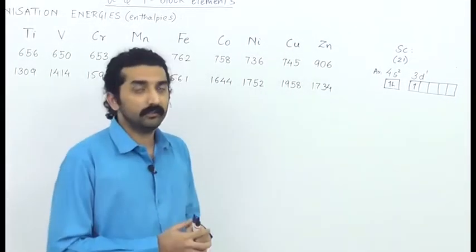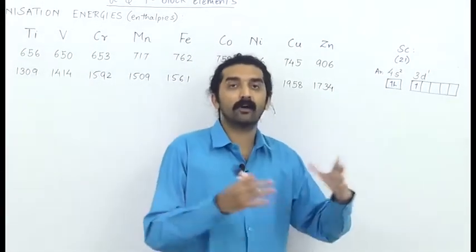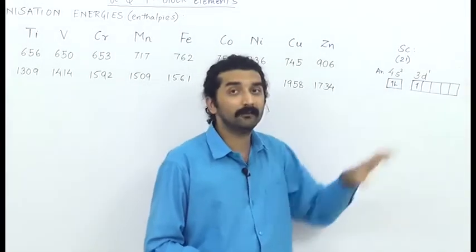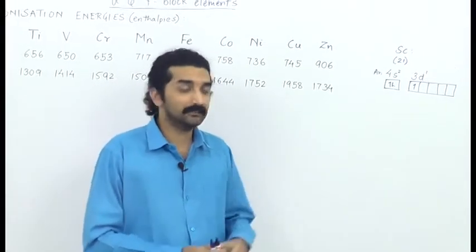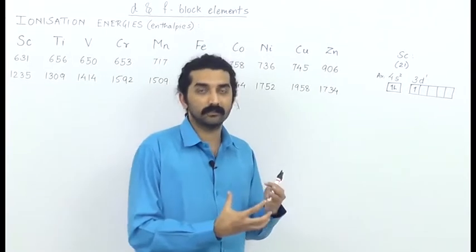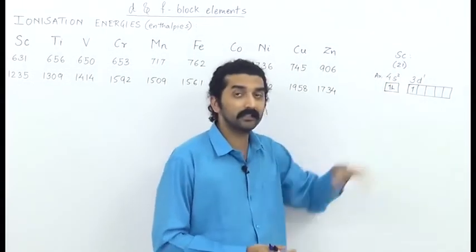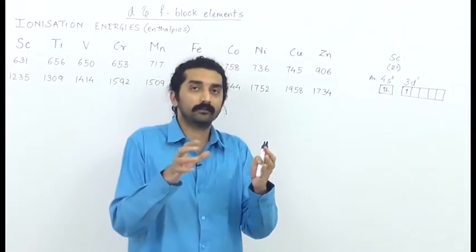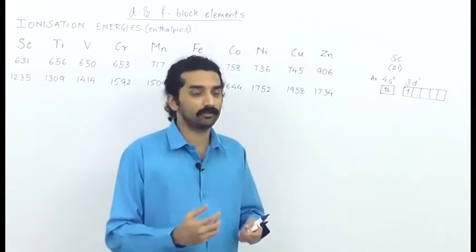What I am trying to say here is, as you go from left to right, the number of electrons in the outermost shell is 4s2 first, but the 3d influence is also there. So as the number of electrons increases, the interelectronic repulsion increases, right? But what is more important is the total number of electrons, and naturally hence the total number of protons in the nucleus also increases.